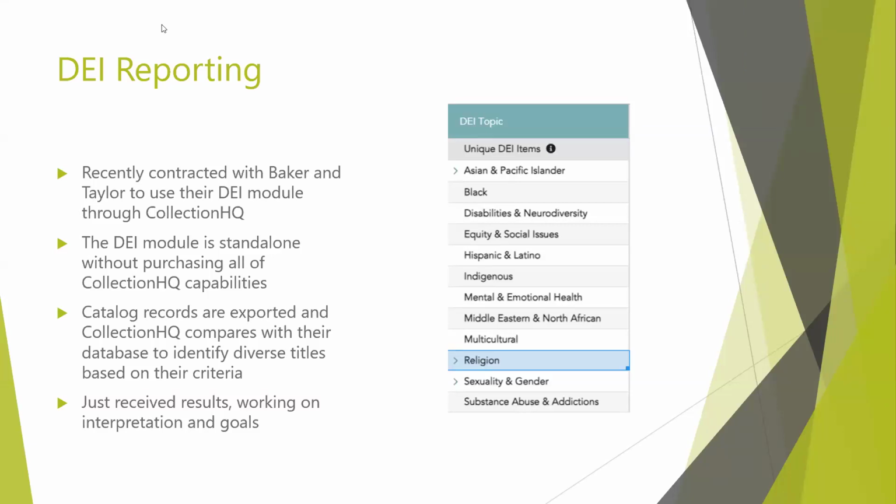Okay. So it's very, very recent, but we just contracted with Baker and Taylor to use their DEI reporting module through Collection HQ. So we don't have the full suite of Collection HQ. It's not in our budget to do that. But you can get a separate DEI module for it that is a fraction of the Collection HQ price.